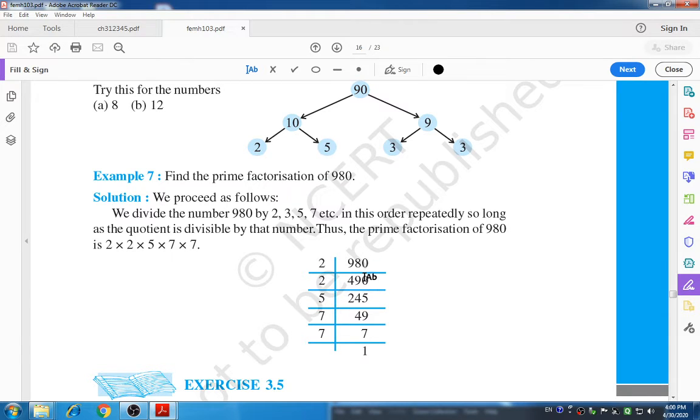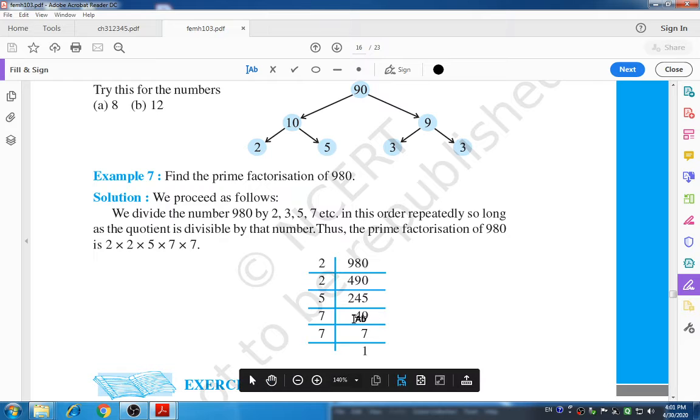Again we get that 490 can be divided by 2, so we wrote here 2. When we divided this 490 by 2, we get 245. Now look at the ones place, there is a 5. That means this whole number can be divided by 5. So I wrote here 5. 5 fours are 20, 24 minus 20 gets 4, and the above number is 5. The number gets 45. 5 nines are 45.